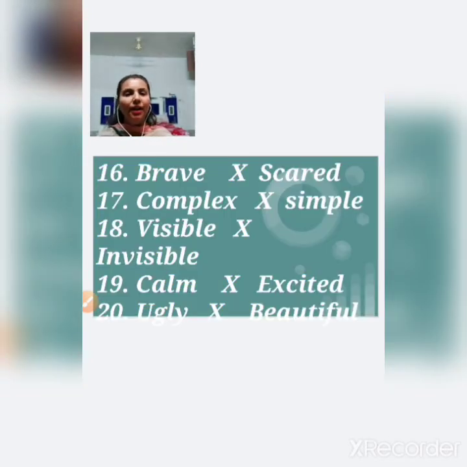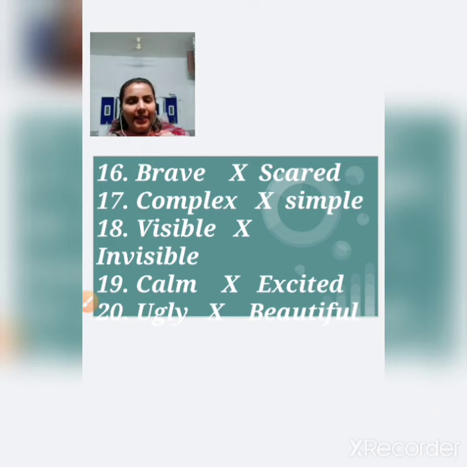Next, B-R-A-V-E, brave. And the opposite is S-C-A-R-E-D, scared. Next one, C-O-M-P-L-E-X, complex. And the opposite of complex is S-I-M-P-L-E, simple. Next one, V-I-S-I-B-L-E, visible. And the opposite is I-N-V-I-S-I-B-L-E, invisible. Next is C-A-L-M, calm. And the opposite is